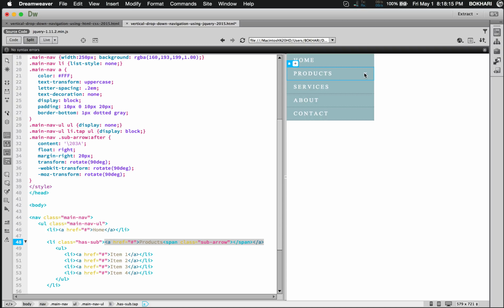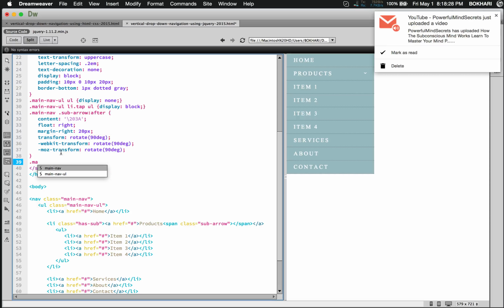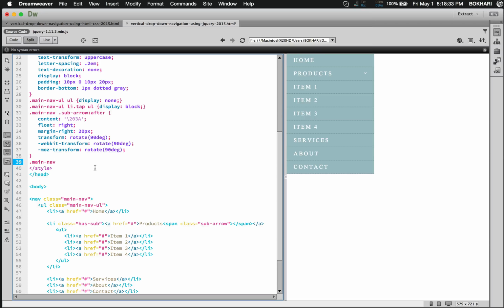Also we need to style them, we style with these as well, right? So when we click, we want it to go upright position. So to do that, what we need to do is that main nav li dot tab, then sub arrow after, then curly's,